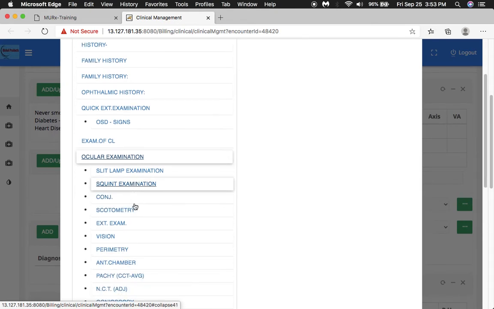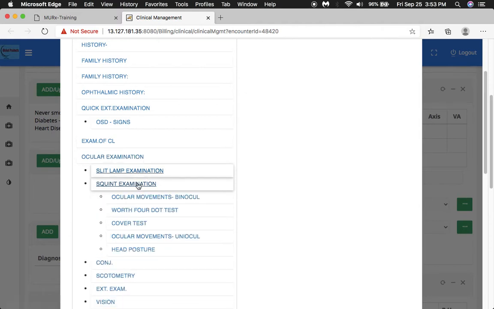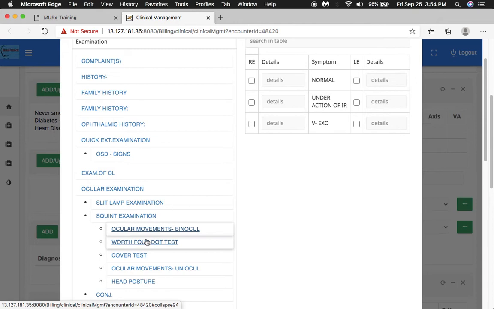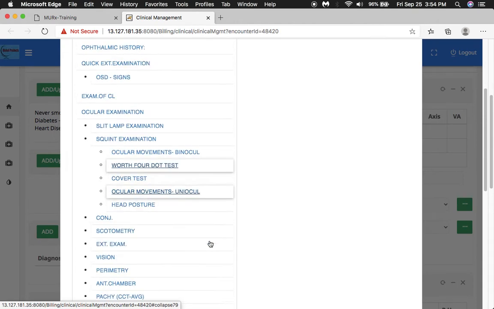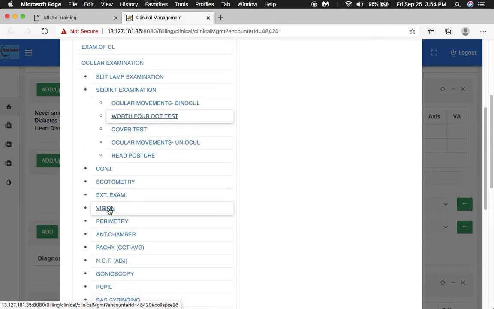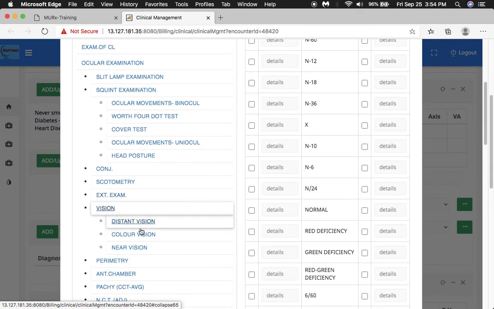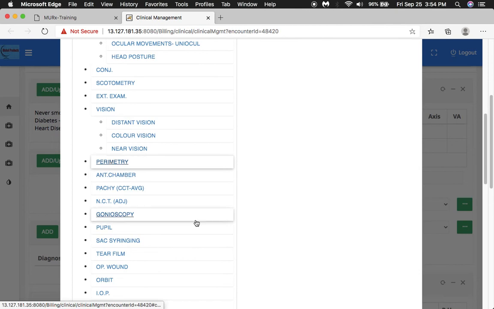So if we click on squint examination, it consists of ocular movements, cover test, ocular movements, uniocular head posture, vision, for examination for distant vision, color, near vision, and select perimetry,